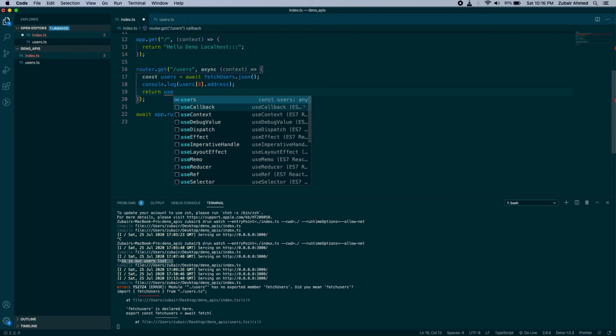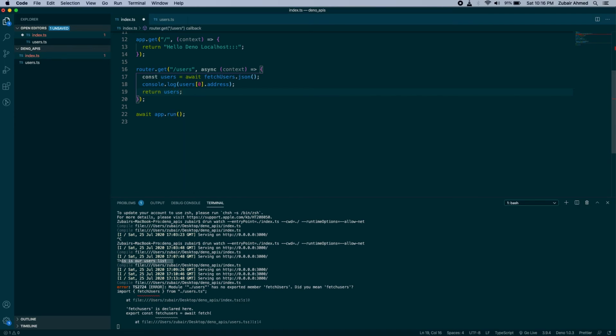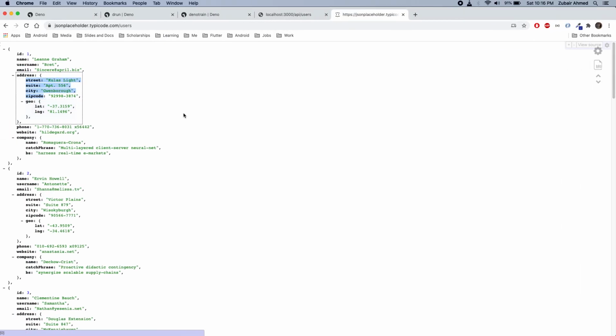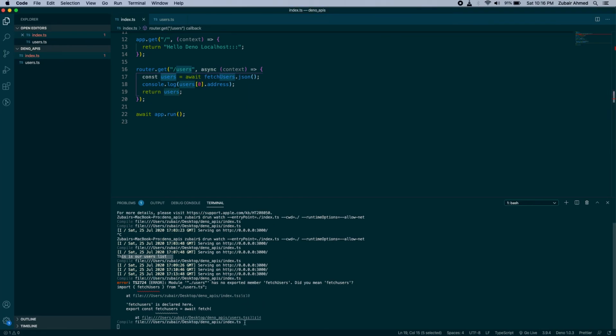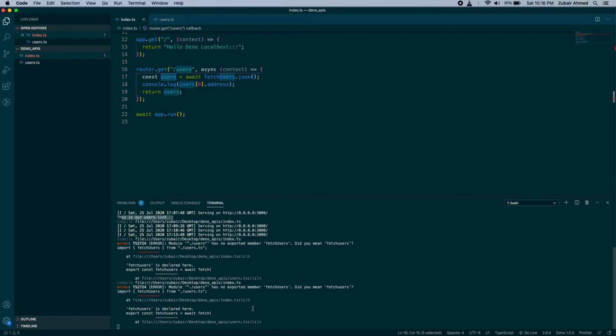The moment we call /users in our localhost API, it will return these users, which means you will see the same JSON response here instead of this string. Alright, we will just hit save, and it runs automatically by default.